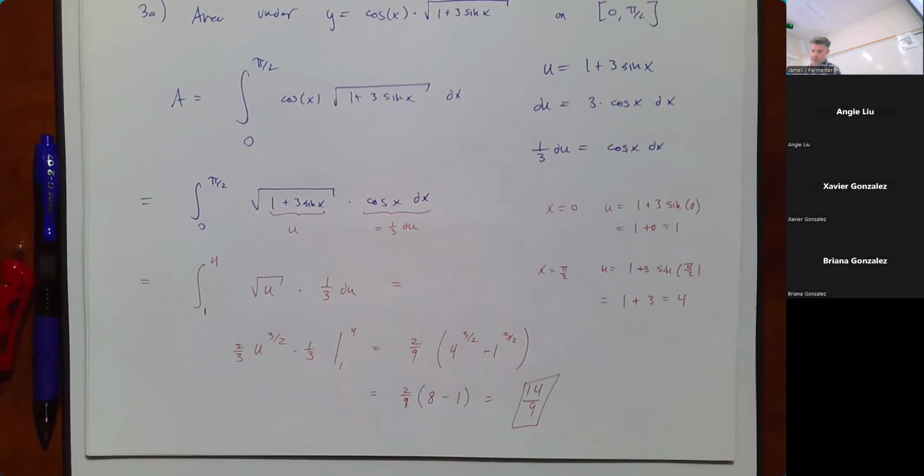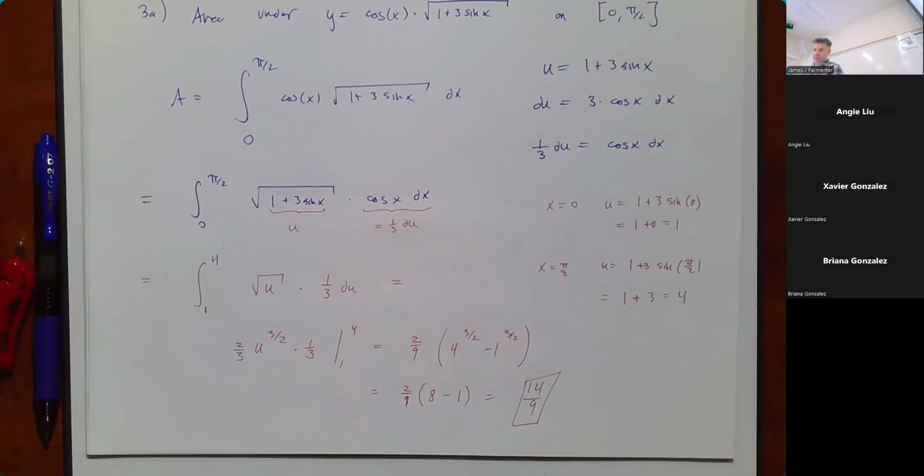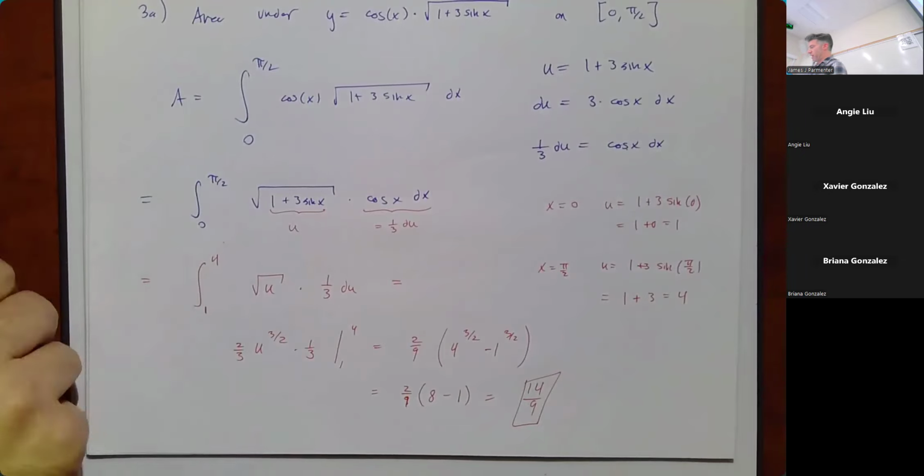The second part of this question says, explain why the function is never negative on this interval. Oh, he even does say, give the result as a simple fraction. I feel like that part's kind of weirdly at the end. So why is this function never negative? Well,